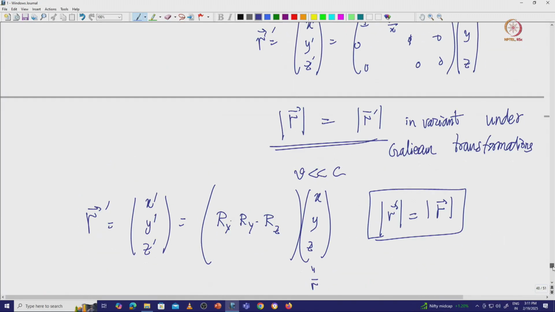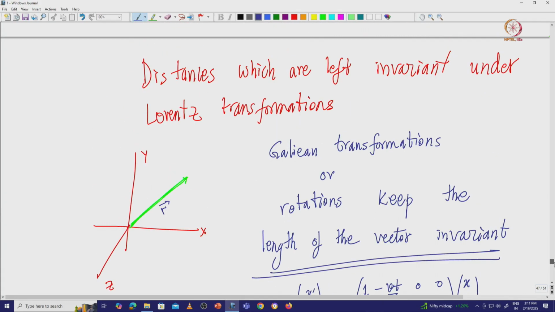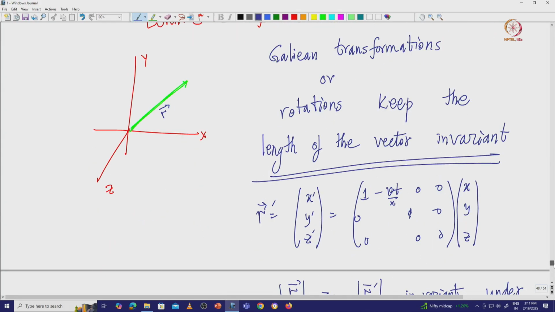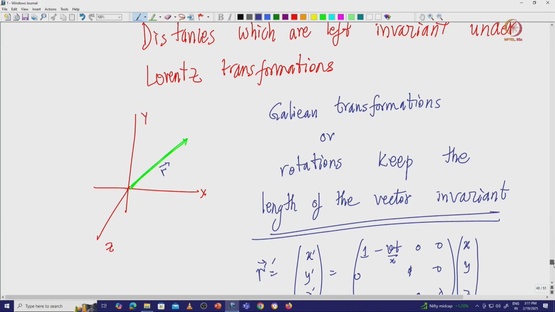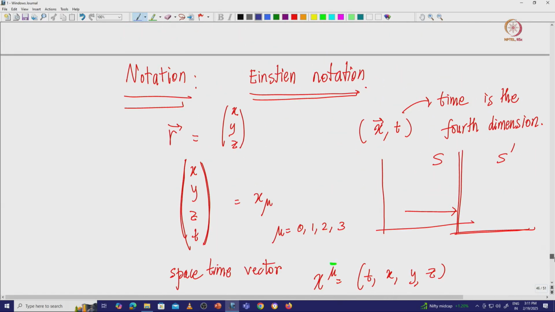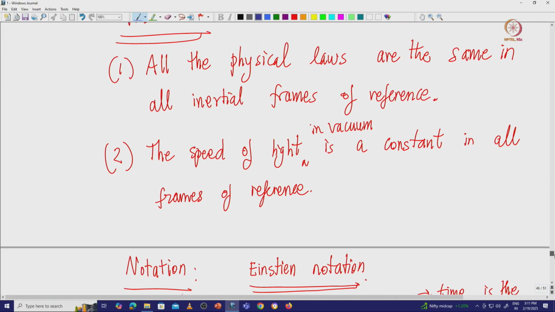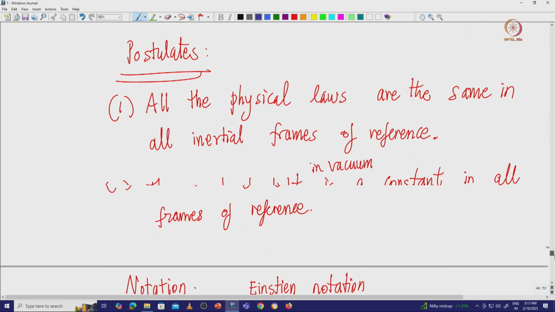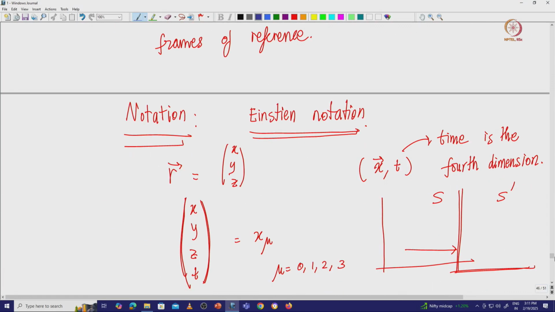So welcome back. What we are looking at are the basic tenets of special theory of relativity. Of course, special theory of relativity is a prerequisite for this course, so we are just going to use this review to basically introduce the notation. That is the basic idea. We are going to do a very fast review of special theory of relativity while introducing the notation.